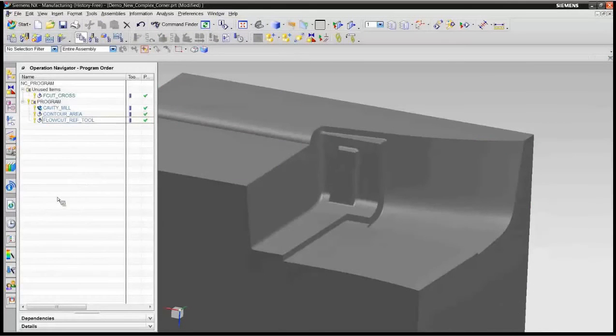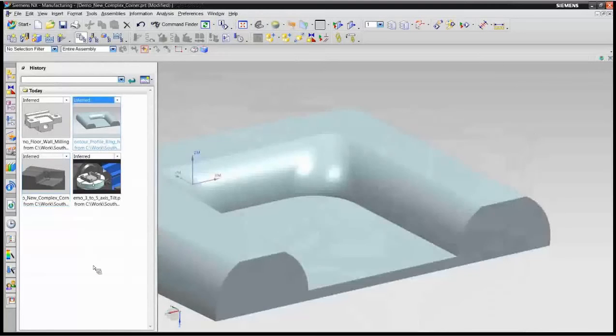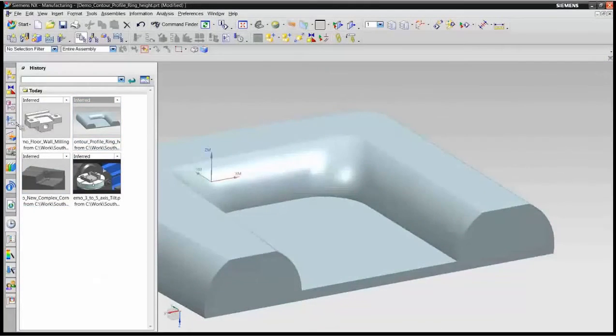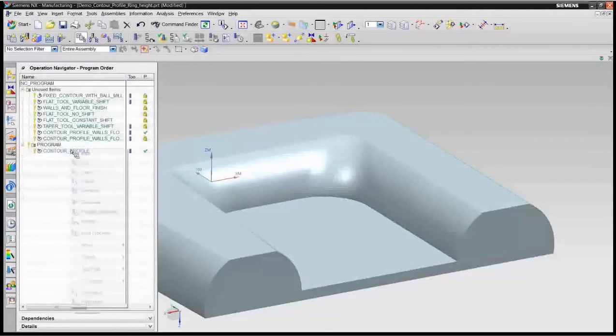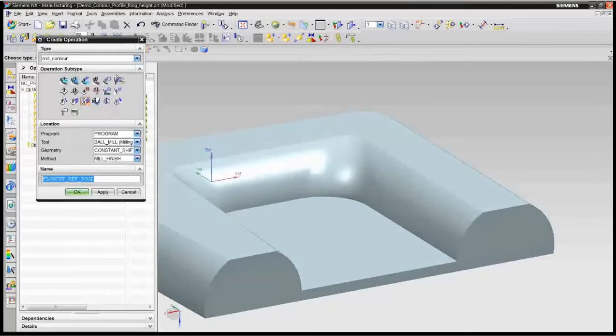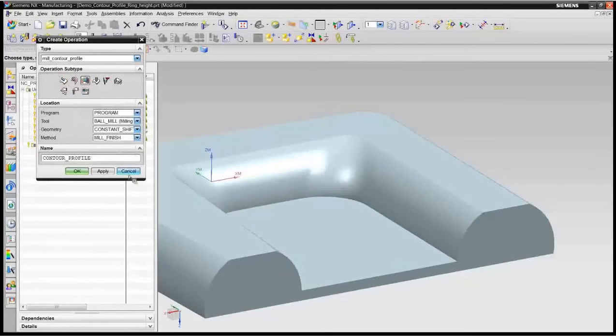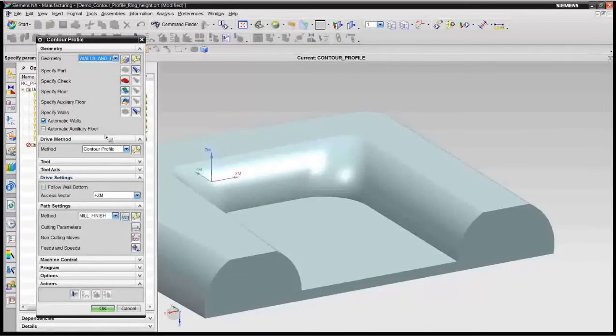Okay, the next one I want to cover is I'm going to move off into our contour profile. Contour profile has been around for several versions of NX, but what I want to show you today is creating an operation and then controlling the ring height for the finish of it. So typically when we would machine these in the past, we would actually use a ball end mill,